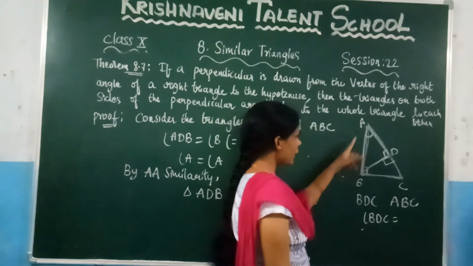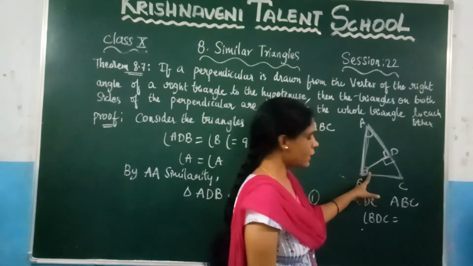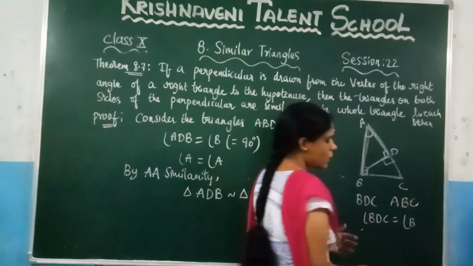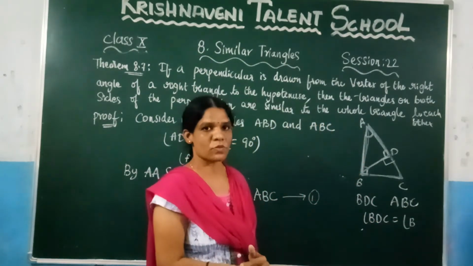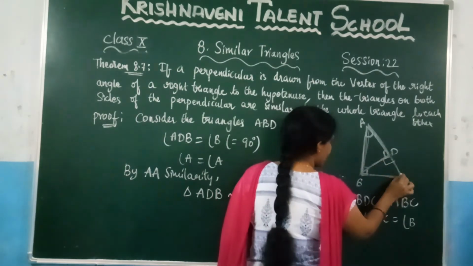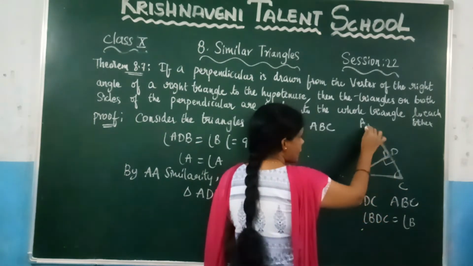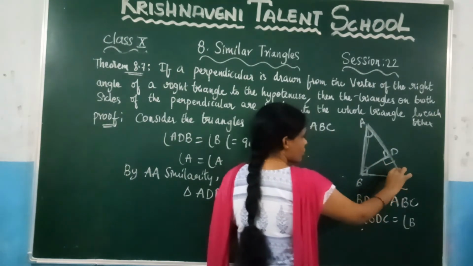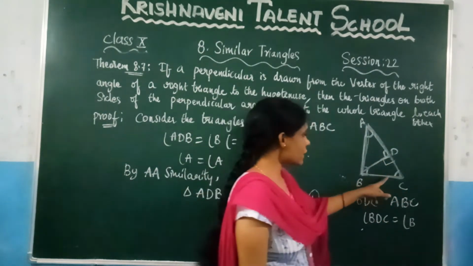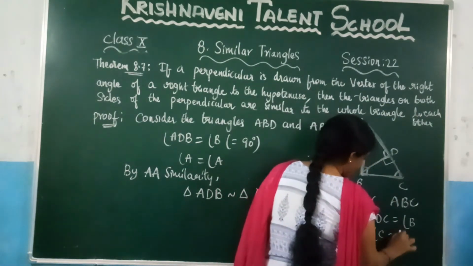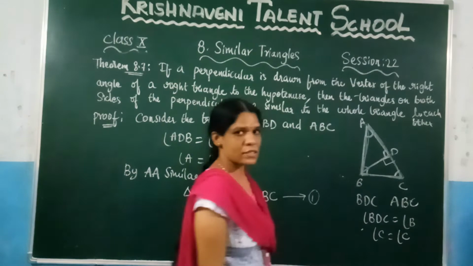is equal to, in the bigger triangle, where is the right angle? Which is nothing but angle B. So you can write it here, angle B. Now let us see here in these two triangles, what is the common angle? Here you can observe that if you consider this triangle, angle C is there, and similarly if you consider this bigger triangle, again angle C is there. So we can say that here angle C is the common angle in these two triangles. So let us write it here, angle C is equal to angle C.